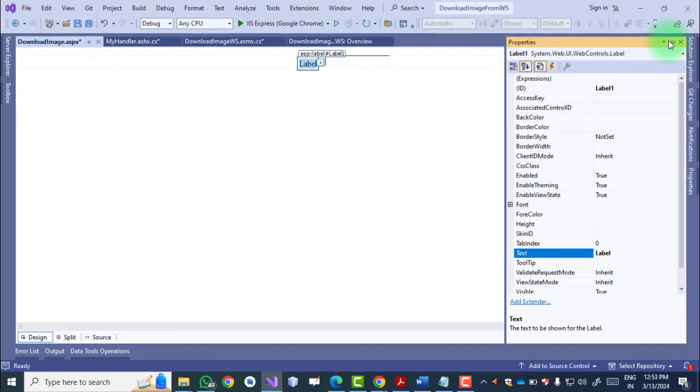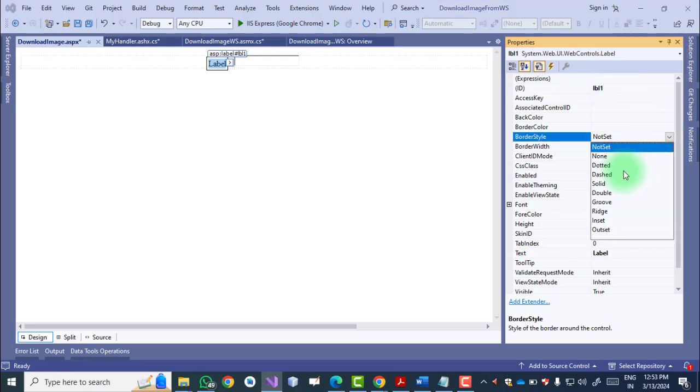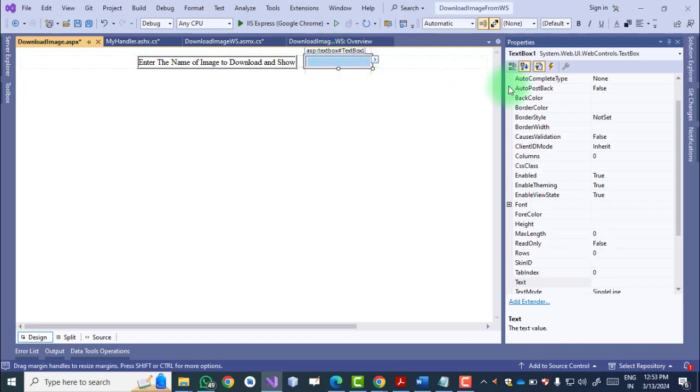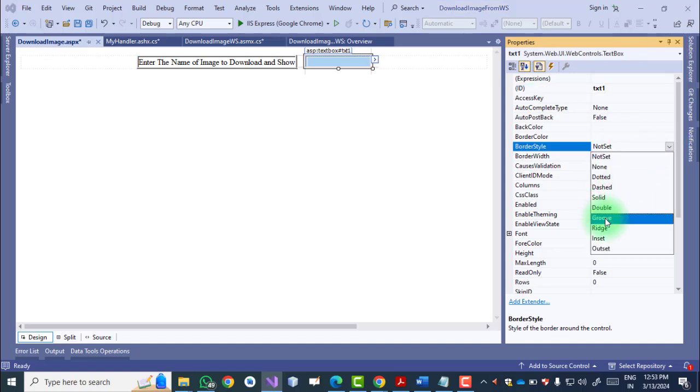Okay, now we change the properties of the label. First LBL1 border style दे देंगे हम लोग, rich, and then enter the name of image to download and show. Okay, now again text box, we have a txt1 id.